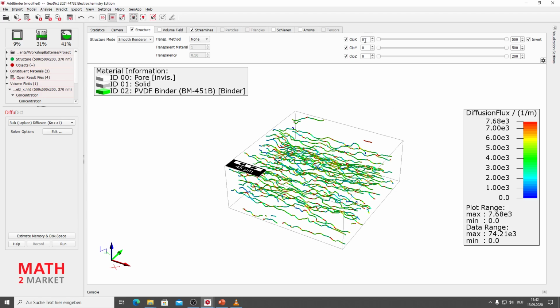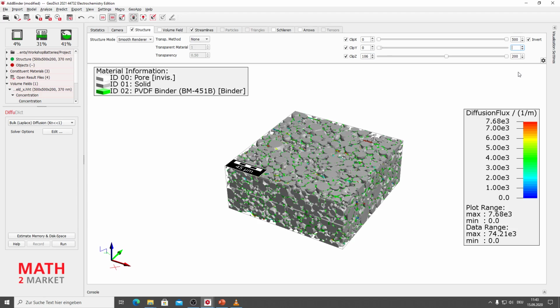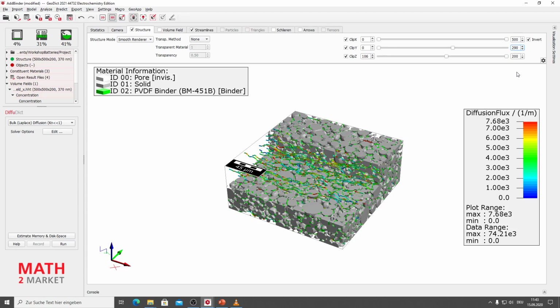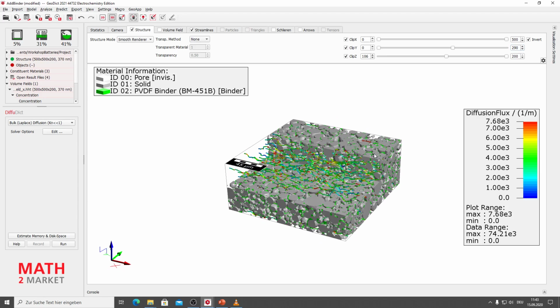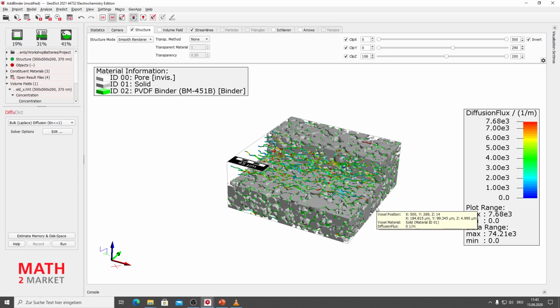So leave this in X direction with 0, in Y direction 0, 2, and in Z direction we choose 100. And for the upper values we choose 500 for X, we choose 290 for the Y direction, and we leave it with 200, so the maximum possible value in Z direction. So you can see here we have the streamlines going through the structure, and we still can see the structure, so that gives some orientation for the eye.